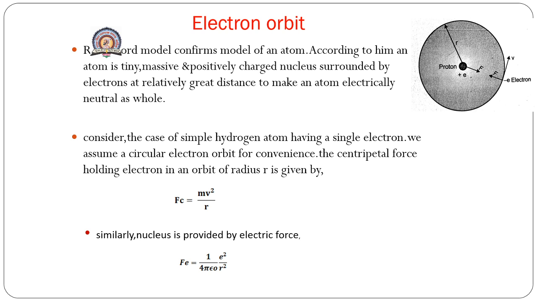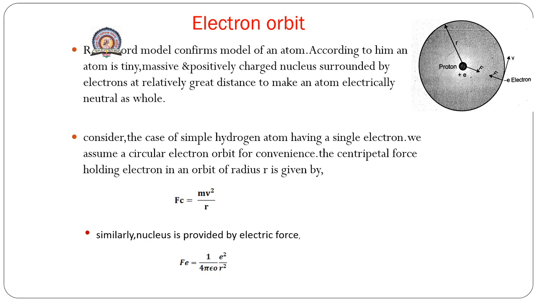You know that the nucleus is made up of protons and neutrons. The protons have positive charge and the neutron is electrically neutral. That's why the atom is electrically neutral as a whole. Consider the case of a simple hydrogen atom with a single electron. In this case,